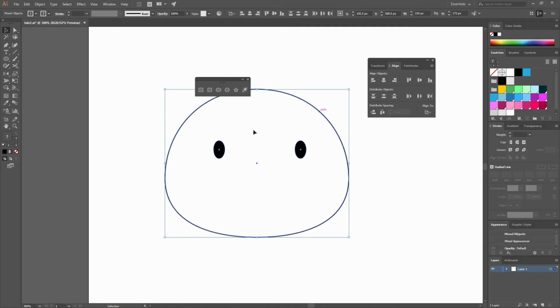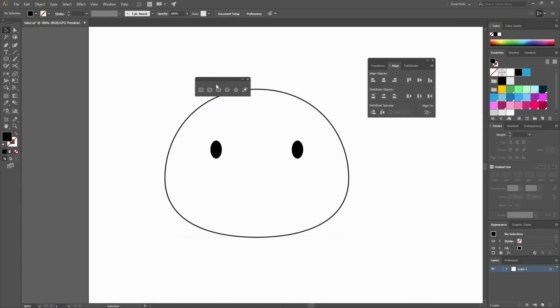Go outside your group, and if you select both objects and then click again on the one, now you can make that a key object. And you can see also how on the Align panel it has changed to a key. So these are different ways of how you can set a different